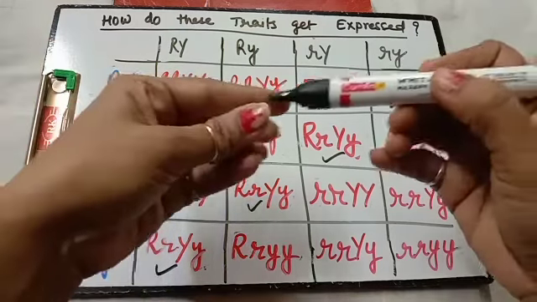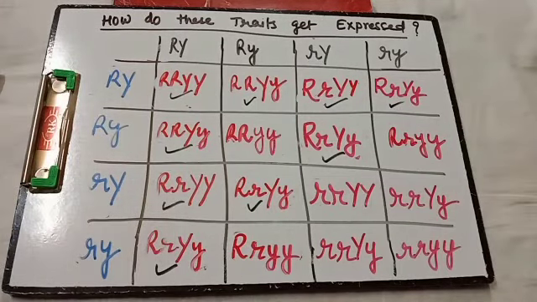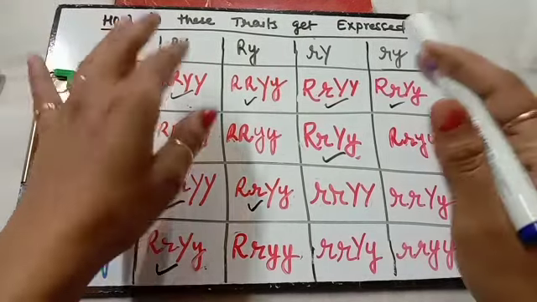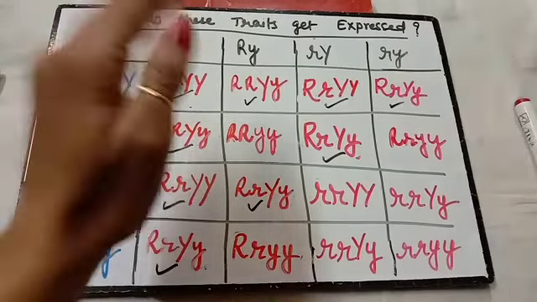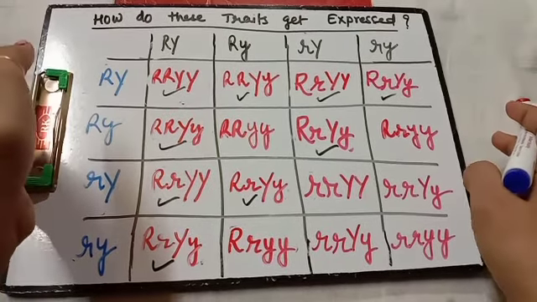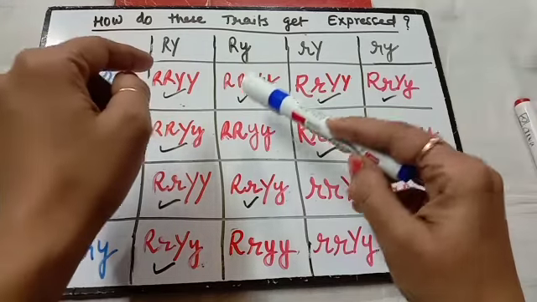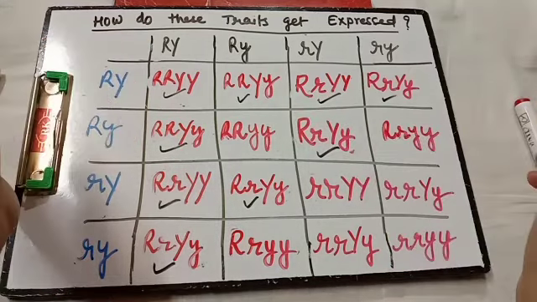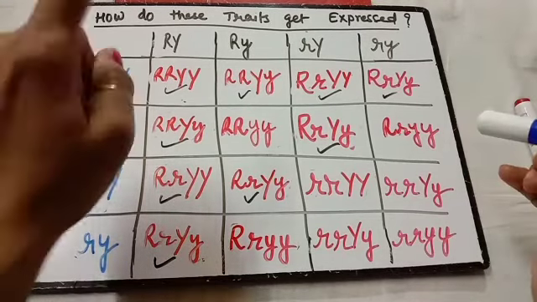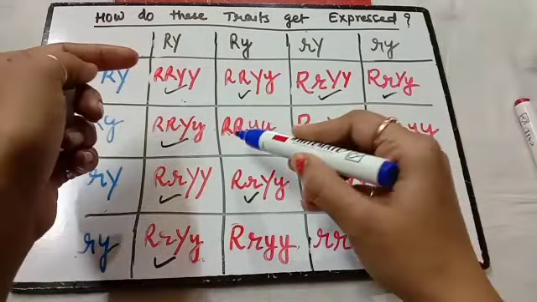Okay. Now we go for the next part, 3. Which one is that? Now we go for round and green. Round and yellow, round and green. Now round and green means capital R should be there, and green means both should be small y. Why? Because if I am getting capital Y and small y, I won't get green. Clear? So you have to check only capital Y, small y, both cases, but capital R should be there. So let us see. This one is done. From here, round and green: 1.